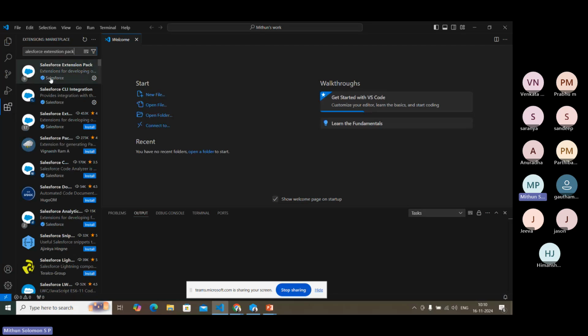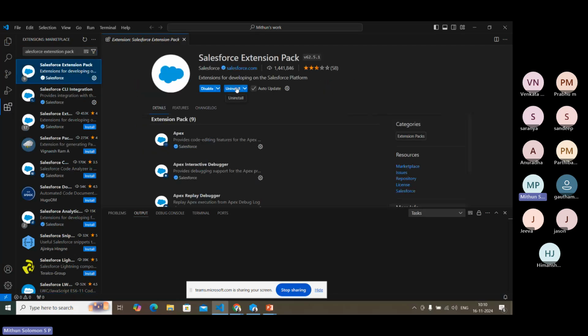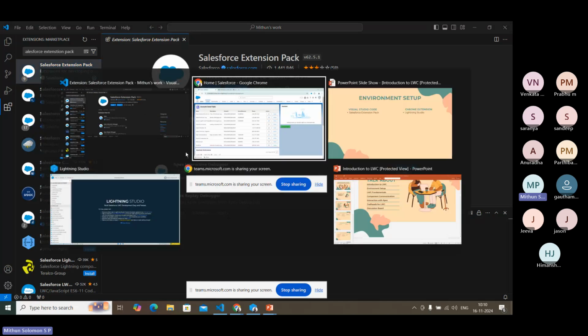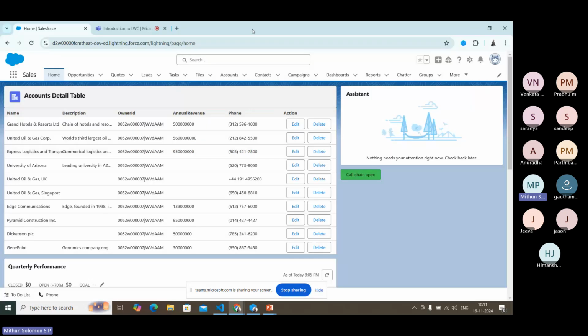Yes, this is the pack. You can install it, and then we'll be able to work with Salesforce LWC components. You can also use VS Code for working with Apex classes as well. This is a very easy and better way to work with Salesforce development. As of now,